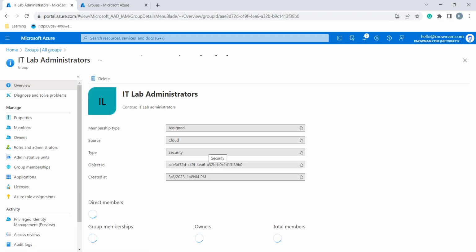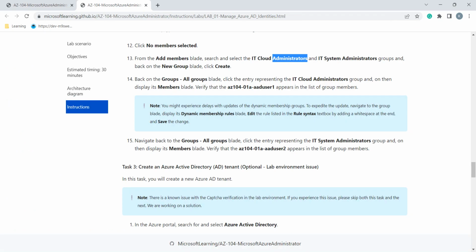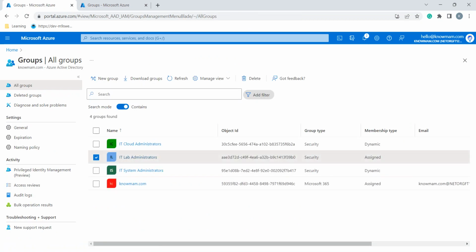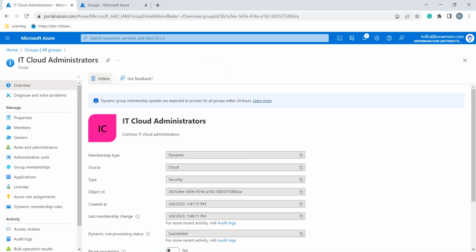If I go here and check here, okay, so I can see an entry representing the IT Cloud Administrators group, in the Members blade. If I go back and click on IT Cloud Administrators and then on Members,